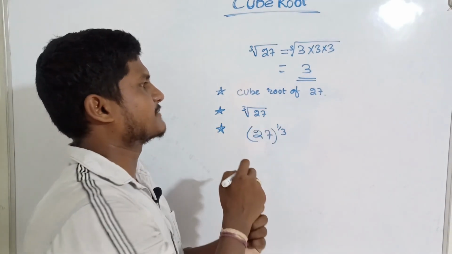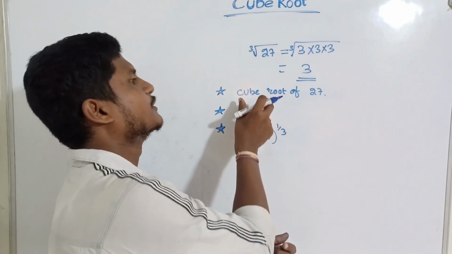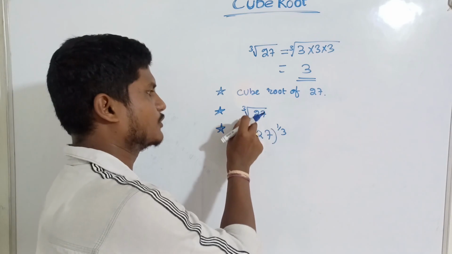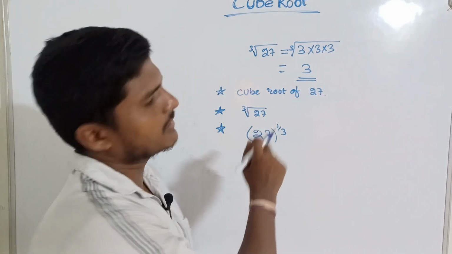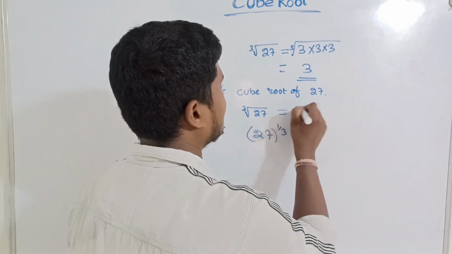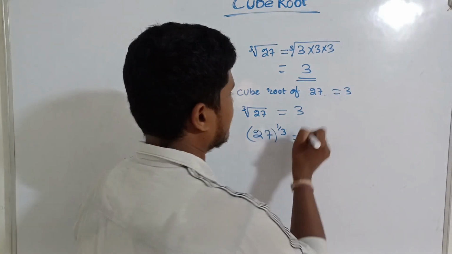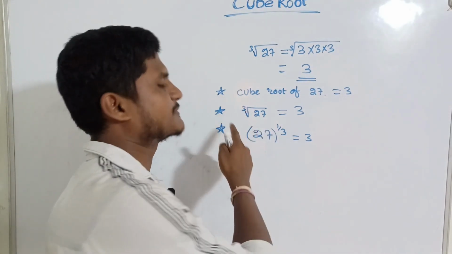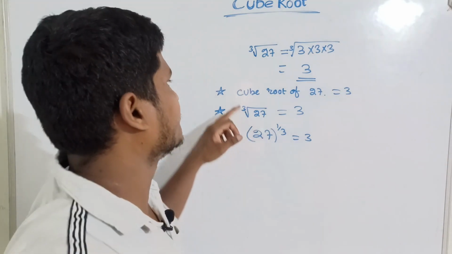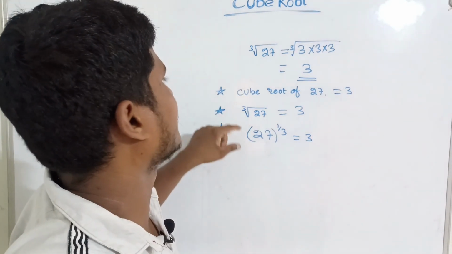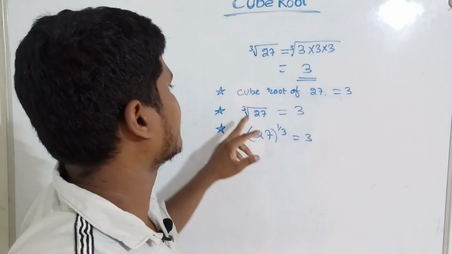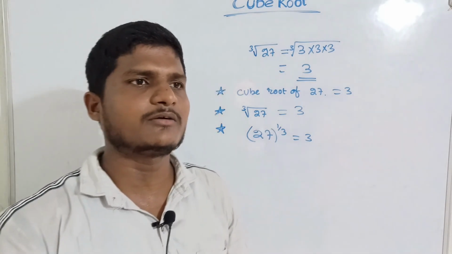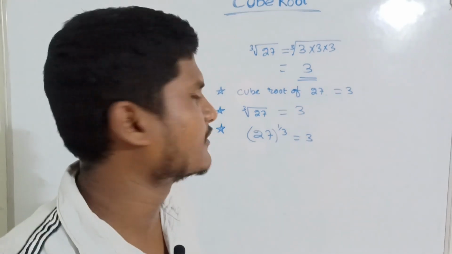There are 3 types of terms, so you have to remember these 3 types. The cube root symbol of 27, and 27 to the power 1 by 3. The answer we get is 3, here also 3, here also 3. So please do not get confused about the 3 types. These 3 types are the same. In questions we may see different forms, but some exams' cube root of 27, answer also 3. This is also a cube root. In this way we can very easily find the cube roots.